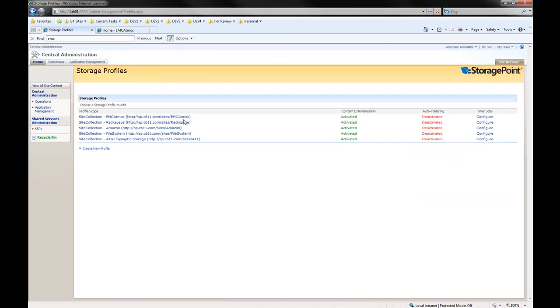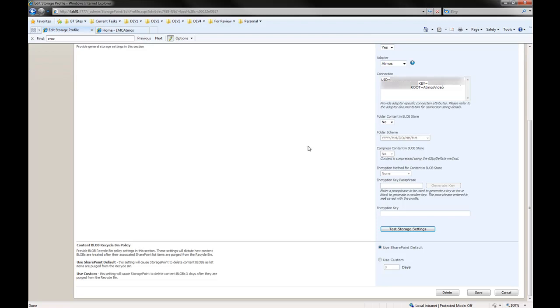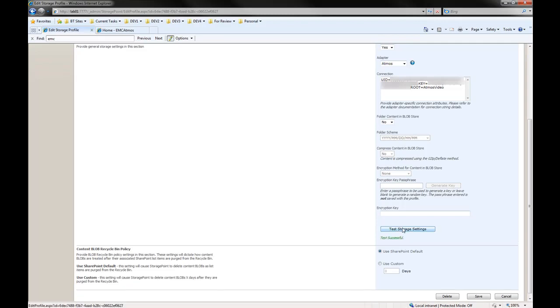Let's take a look at a storage profile that I've already set up for the EMC Atmos cloud. The main thing to note here is the connection string. You can see the user ID parameter as well as the key, and an additional parameter called root. This is the folder that will host the content within the EMC Atmos cloud. I can click Test Storage Settings to verify that everything is configured correctly, and we can see that the test